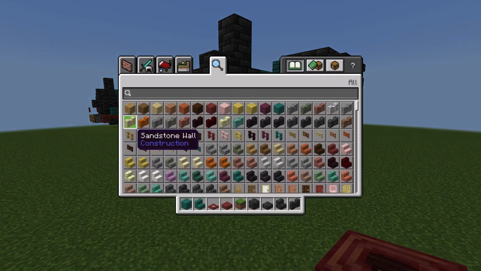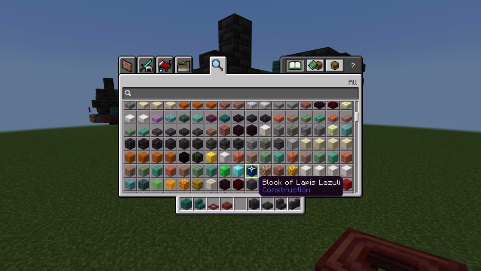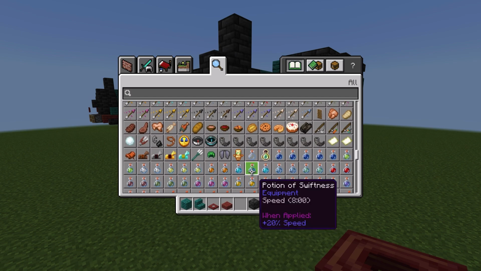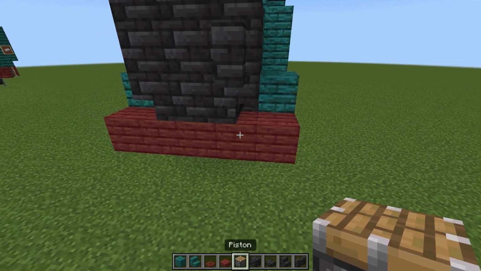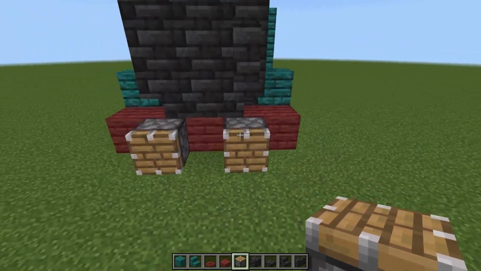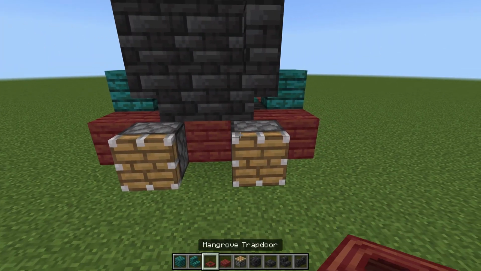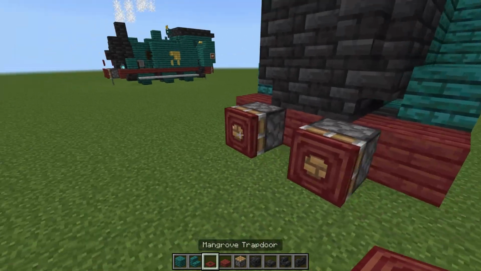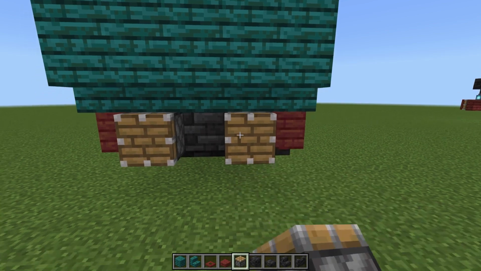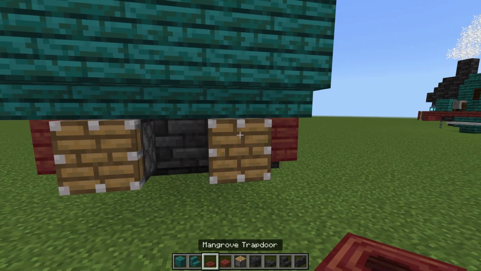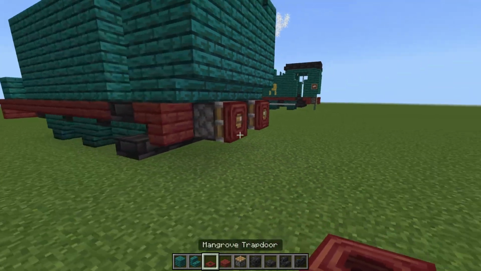of the train. As this is a freight train, of course we want to get ourselves something to be able to pull carriages with. But we are using this for obviously a passenger service. So we're going to take ourselves pistons just down here. We'll place them on the middle 3 mangrove stairs at the front, missing out the central one, and fold down some mangrove trapdoors on them like that to keep everything the exact same. And on the back where we have the deep slate, stick yourselves those 2 pistons and the trapdoors coming down